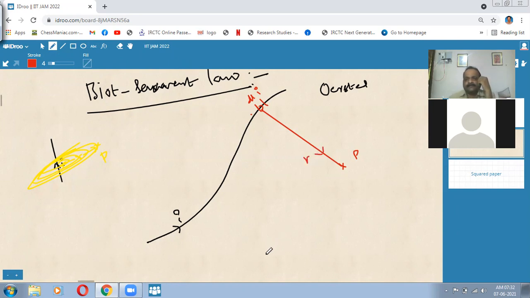This is also like Coulomb's law and the universal law of gravitation by Newton. This was also experimentally observed and stated as a law. What they found is the magnetic field due to the small element of length dl, let us call it dB, is found to be proportional to